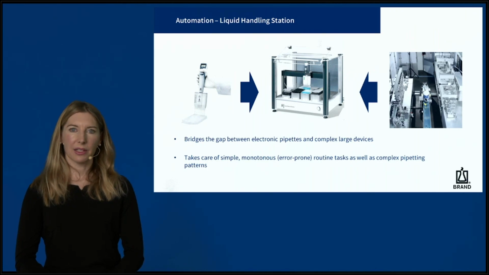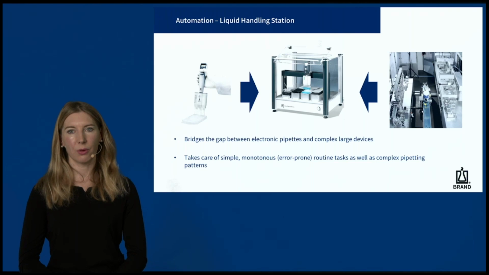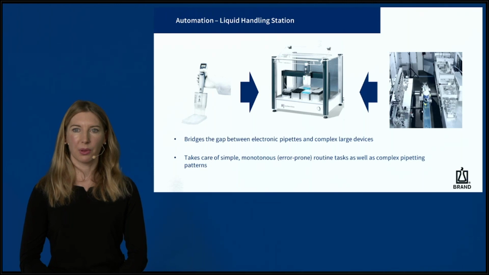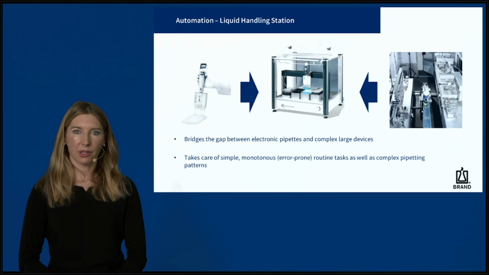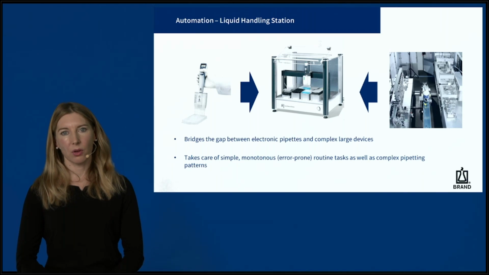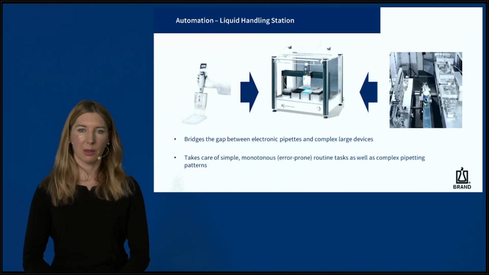The liquid handling station is widely used for low to medium sample throughput, and it closes the gap between manual pipetting tasks and big, fully automated workstations. It provides maximum flexibility for small and medium sample throughput and varied pipetting tasks. Method creation is very simple and can be done within minutes. Thanks to the intuitive software, no programming knowledge is needed. The liquid handling station pipetting robot handles all your pipetting routines, leaving you more time for other work. Automation is worth it, even for small and mid-sized sample volumes.